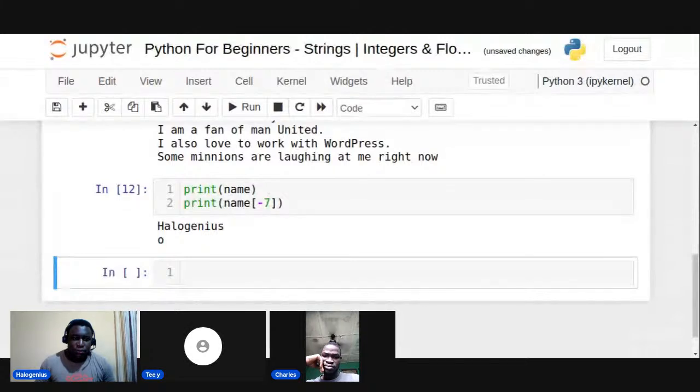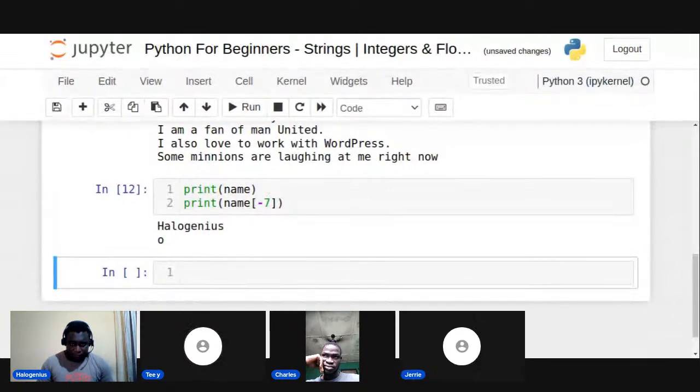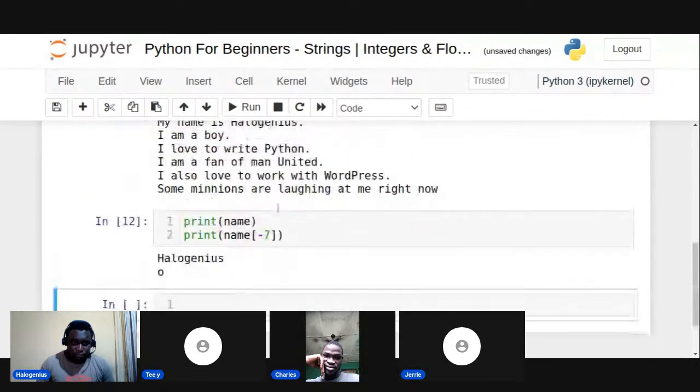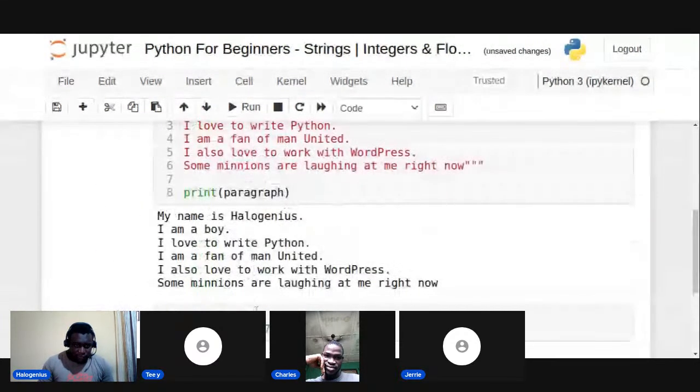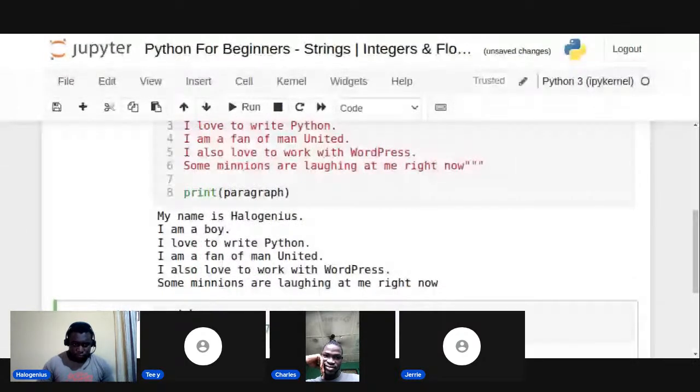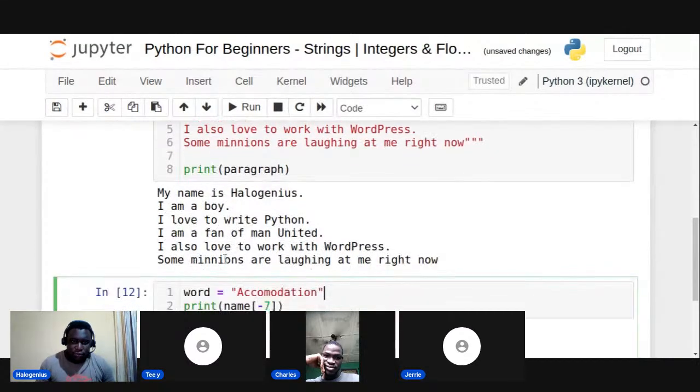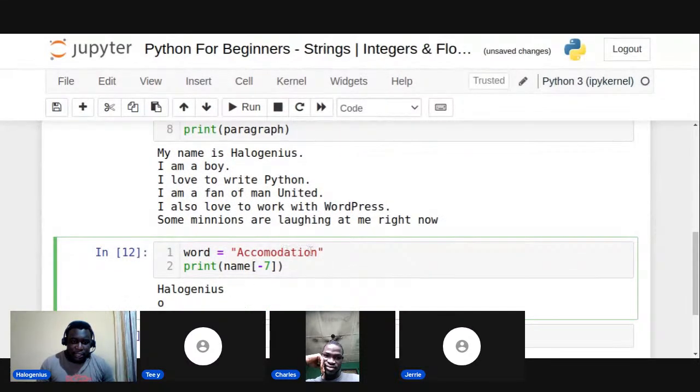I have a question. Please ask. What if you have more than 9 characters? Let us add another set of characters. Can you give me a word that is very long? Okay, accommodation. Something very long. So if I want to index this I over here positively, that would be